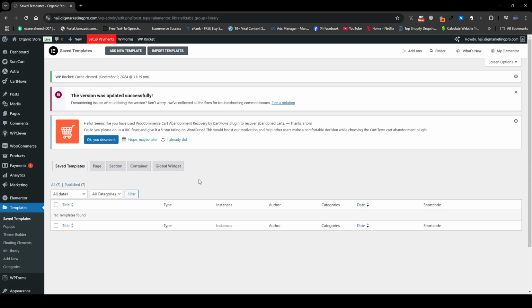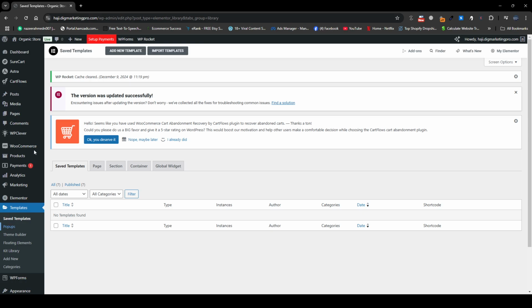So today I'm going to tell you how you can create an off canvas mobile menu for your WordPress website. So let's begin. You need to make sure you have the Elementor Pro plugin. So we are using the Elementor Pro plugin. Just go to the Elementor section here, then click on pop-up.